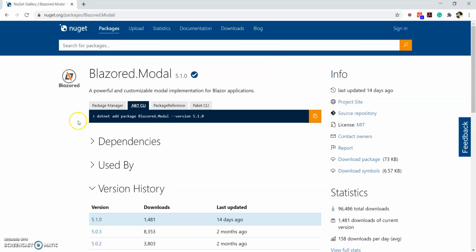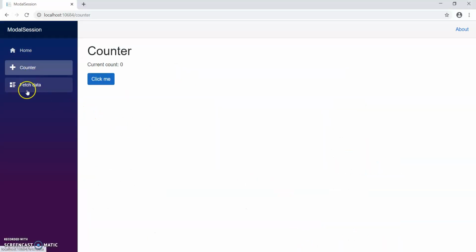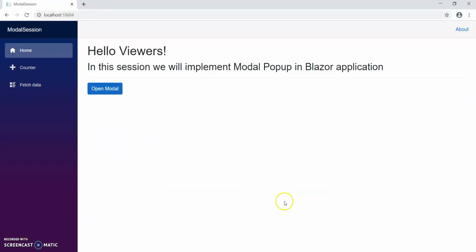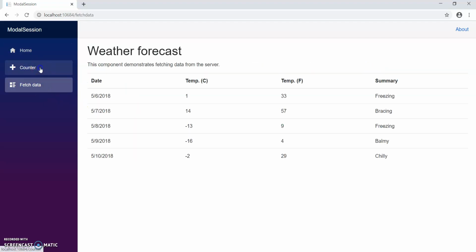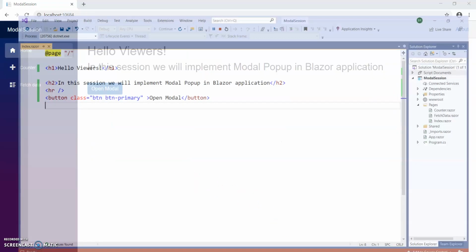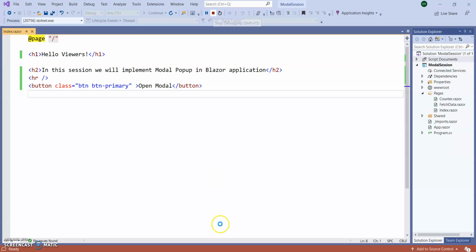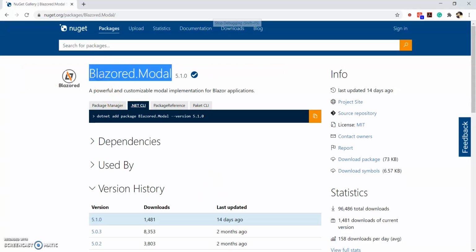Let's get started. So for today's video, we are going to use blazor.modal NuGet package. I've already created an application here, Blazor WebAssembly application. Once I click on this open modal button, it will open one of the pages. Here counter page is that and the page data. This ledger component we are going to open through our modal pop-up. Okay, let's go to Visual Studio. Stop the application from running. Copy this NuGet package. This is blazor.modal.